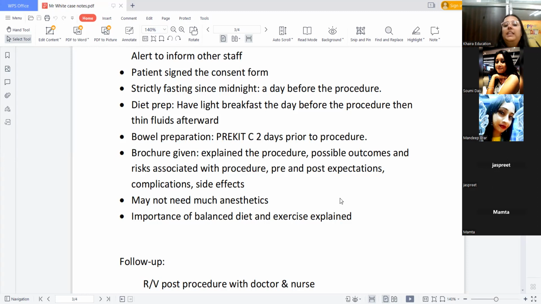The results, so that the visualization of the bowel, the images, so that the bowel is free of any kind of fecal material, so that the patient, the recipient, the doctor who will be performing the procedure can have clear access to the colon. Along with the dietary preparation, the patient has been instructed about bowel preparation, for which he needs to use Pre-kit C 2 days prior to the procedure. Again, this is a kit which helps in clearing of the bowel, and the patient is to use it 2